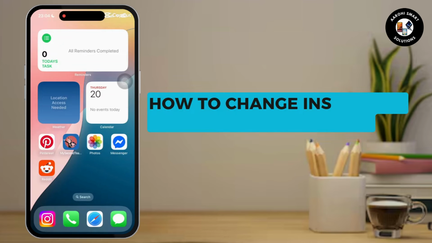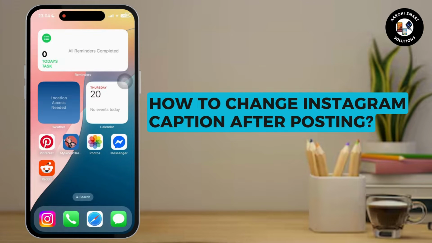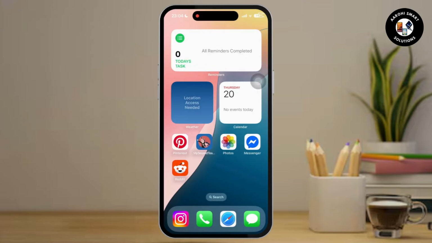How to change Instagram caption after posting. So let's get started. If you made a mistake or want to update your caption after posting, you can easily